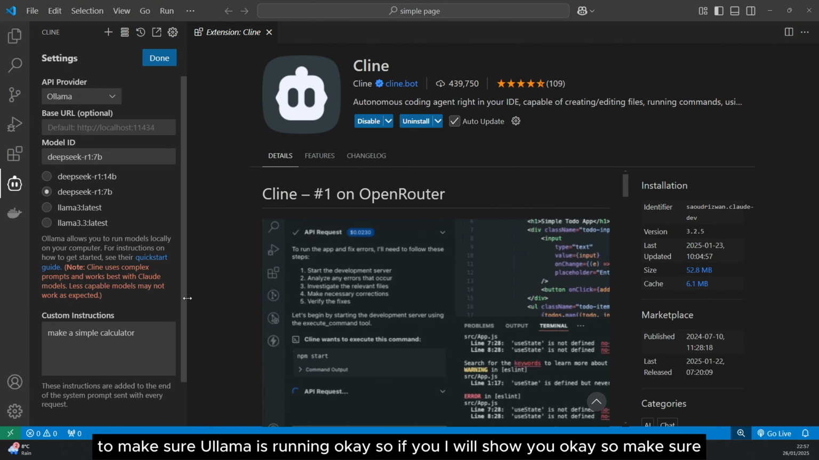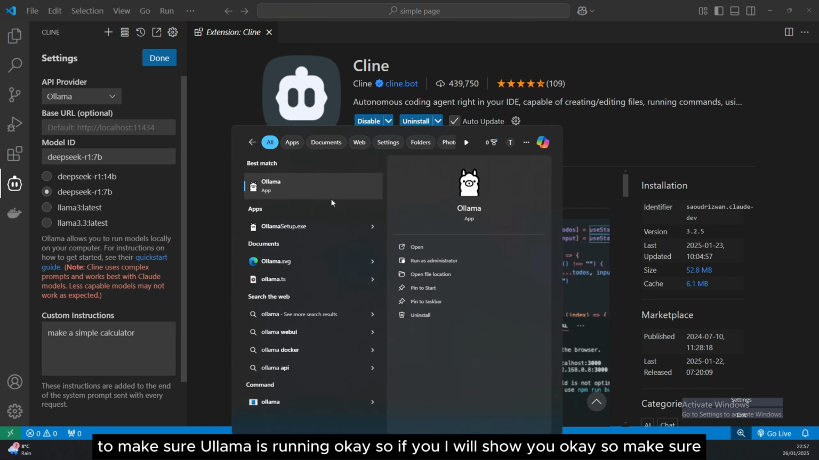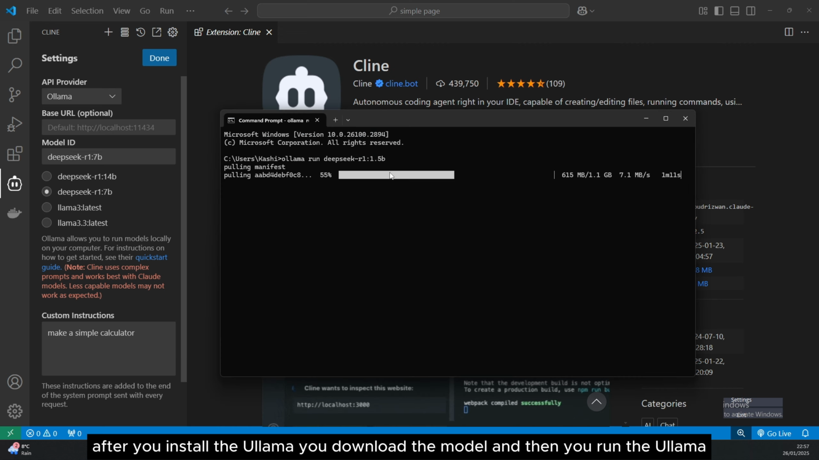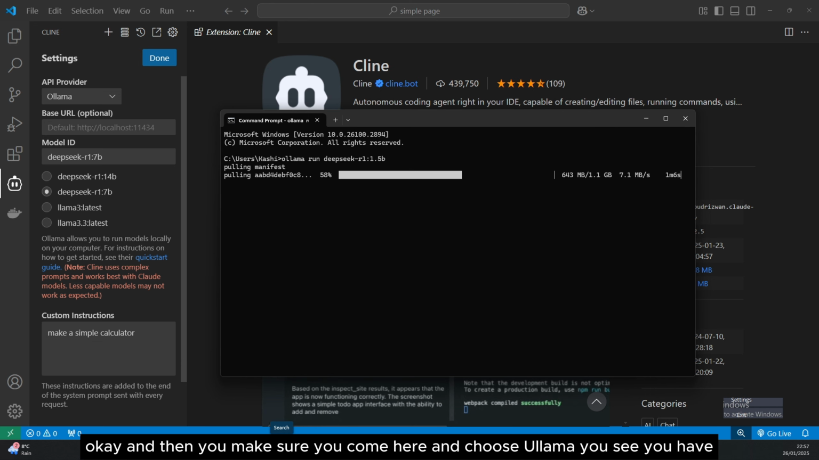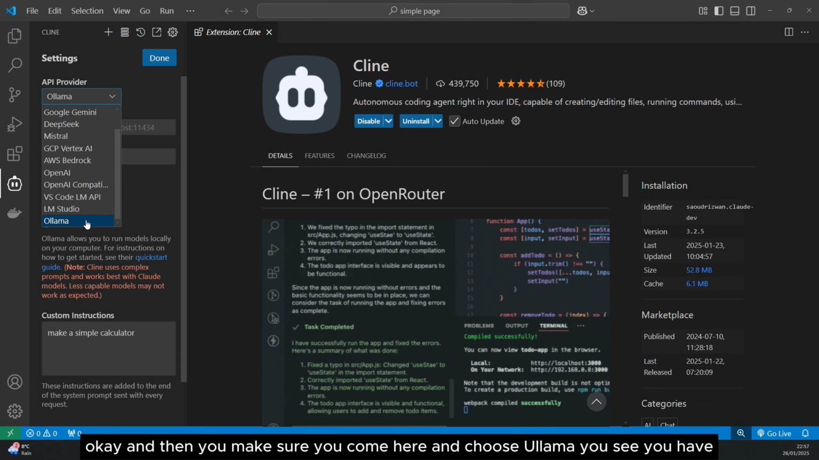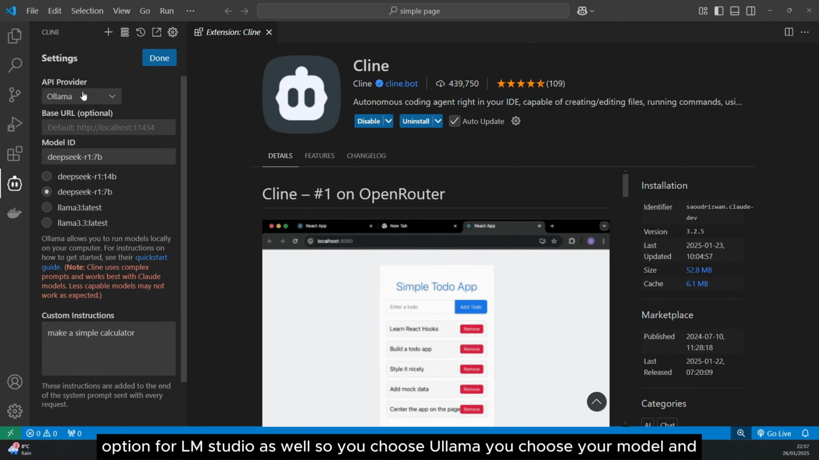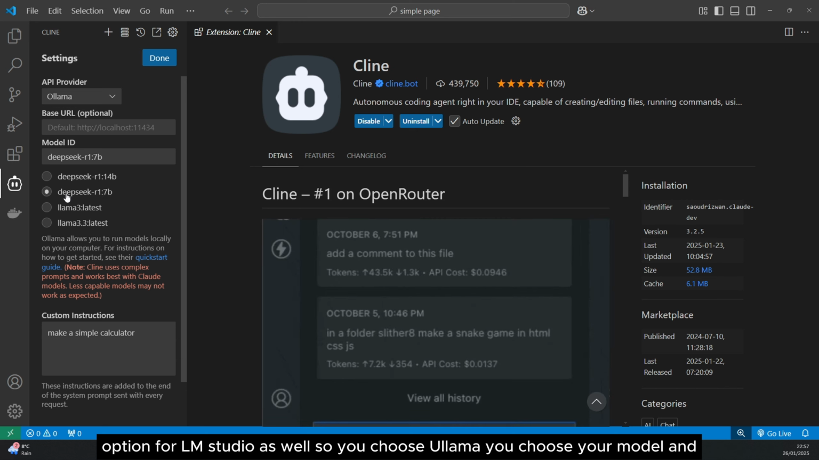First of all, you need to make sure Ollama is running. So I will show you. Make sure that after you install Ollama, you download the model, and then you run Ollama. And then you make sure you come here and choose Ollama. You see you have an option for LM Studio as well. So you choose Ollama, you choose your model, and make sure